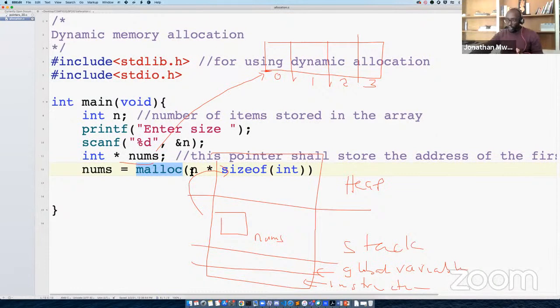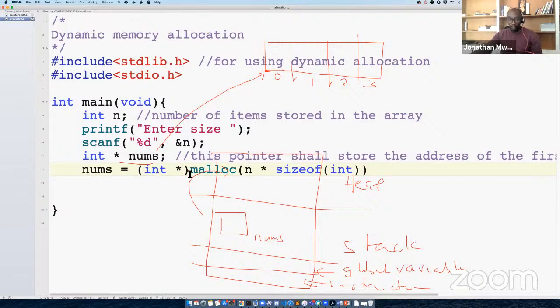So n times sizeof whatever. If n is 10 and an integer is being kept in 4 bytes, this will give us 40 bytes. Malloc is going to return the address of the beginning of those blocks. But because it returns a void pointer, we want to typecast it to become an integer pointer. So that's what we are doing up there.